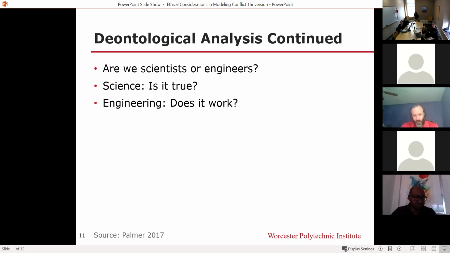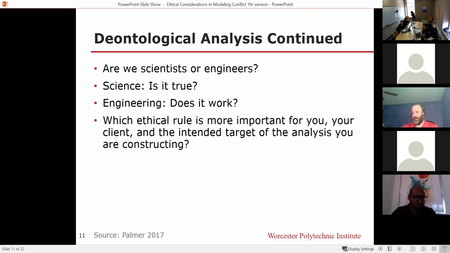There's not a right or wrong answer here necessarily, but you need to be clear on this when you're talking to your client of, hey, we're taking this as an engineering, so we're going to figure out what works. We may not know precisely why it works, but we're going to go forward with that. Or the client, if you want scientific truth or validity, we may not have an answer at the end of this. And that's something to discuss in the process of building a model with the client so that they understand